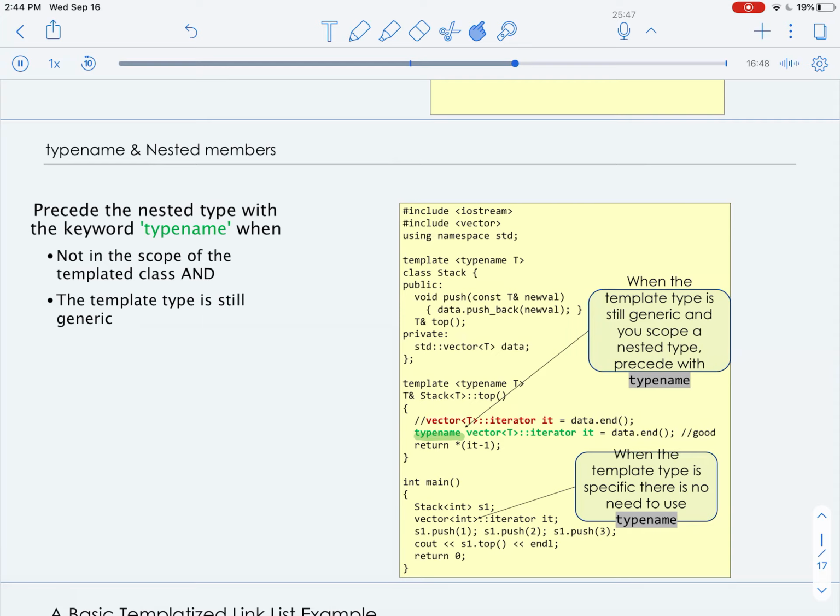Now inside main, when we declare an iterator to a vector of ints, we do not have to use typename before it, because we actually specify on the second line of main that we want an iterator to a vector of integers. So those are just some details about using templates. So finally,